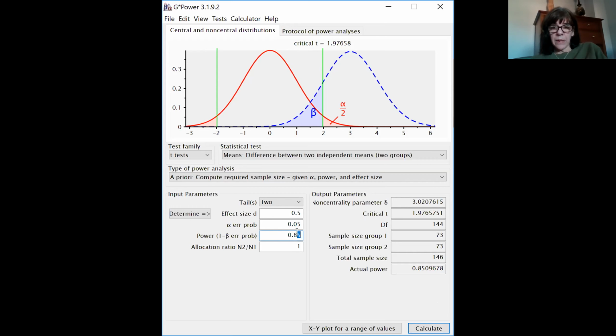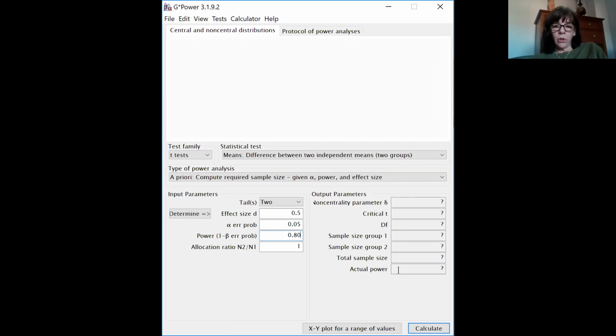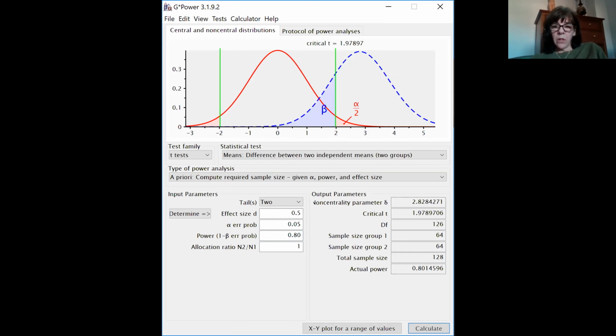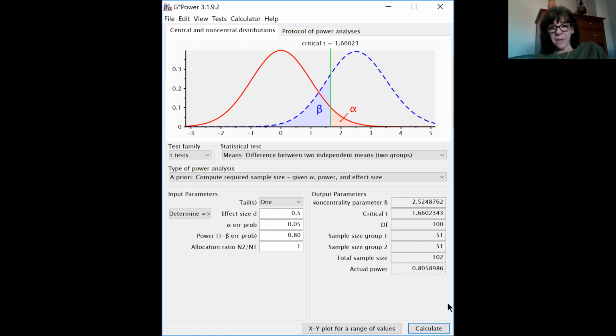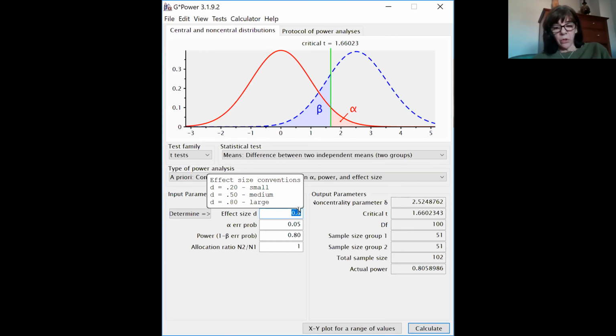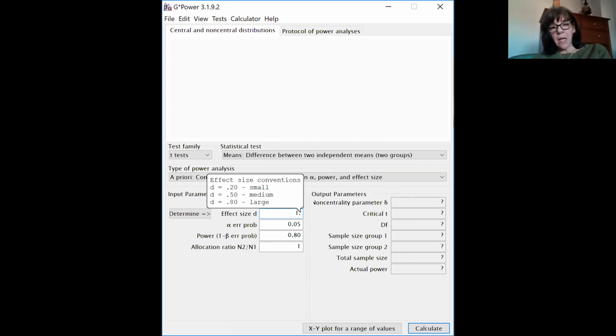And continuing like that, if you go down to 80, you need fewer people still to detect that effect. Also, a one-tailed hypothesis, you probably know, is stronger than a two-tailed hypothesis. So now you only need 50 in each group to achieve a power level of 0.80. And if you expect, based on your knowledge of the research and your